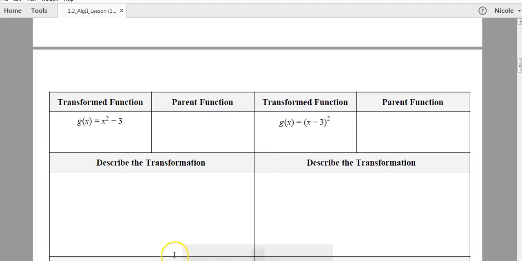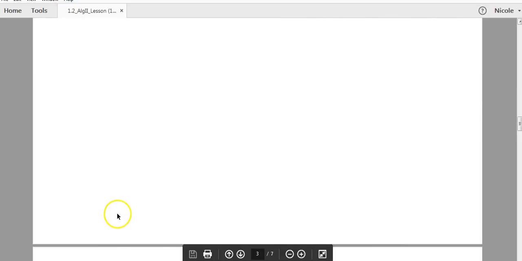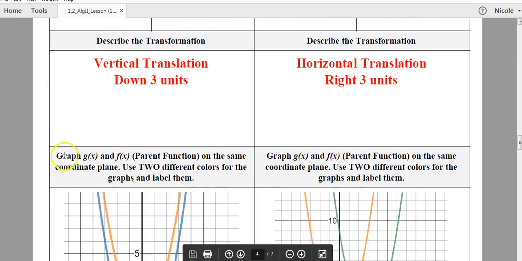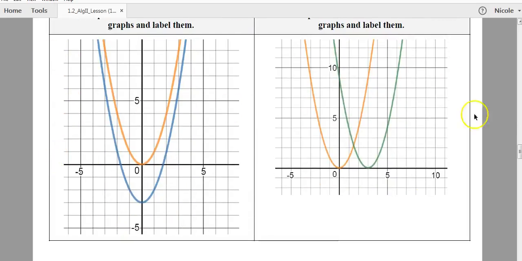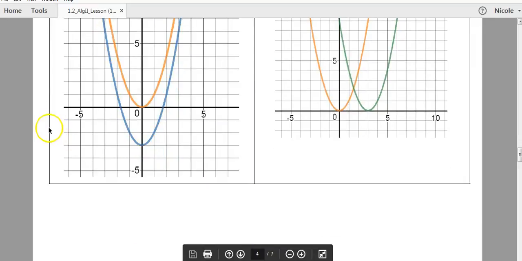So in your notes, I'm going to scroll down. You should have their quadratic parent functions and describe their transformations. And then you are going to need to graph these. And I cheated and I used the graphs we just did. And then our last one